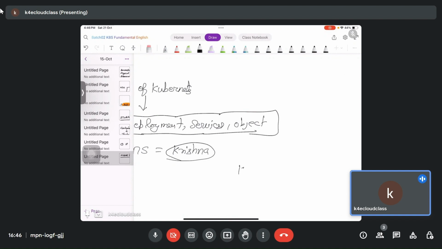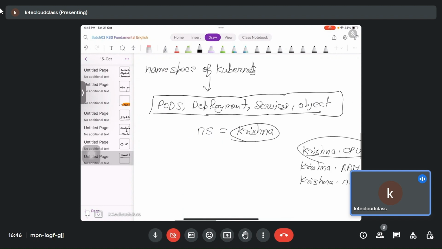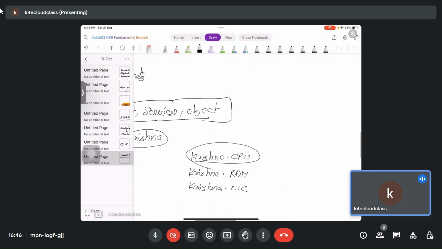It will say Krishna.cpu, Krishna.ram, Krishna.nic. Whenever I say namespace, everybody in that namespace that needs to access